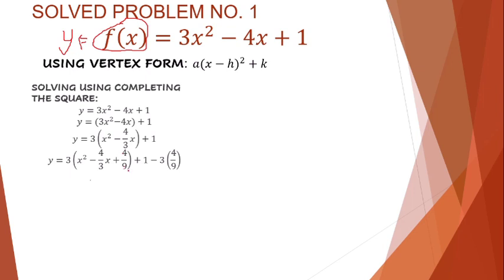Kapag ganon, diba, since we have parang transpose dito sa kabila, negative 3 and 4 over 9. So, 1 minus 3 times 4 over 9. Since meron po kasi tayo number dito, yung leading coefficient niya is 3, hindi naman 1. Kaya ganun po ang ginawa. Ngayon, simplify nyo ito, 12 over 9. 1 minus 12 over 9,